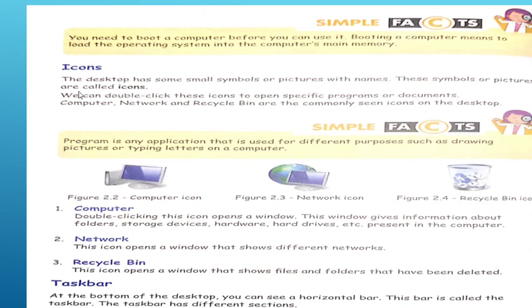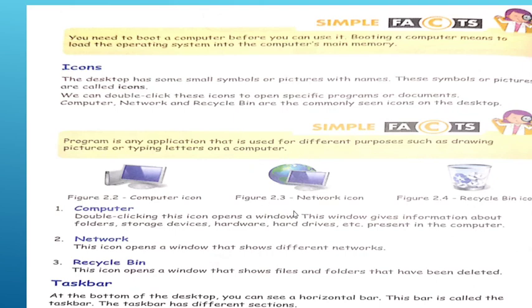So what are icons? The desktop has small symbols or pictures with names. You see that? These are called icons. A desktop picture with the name shown below. There are three main icons. The computer icon is the first, through which you can open different drives and files.